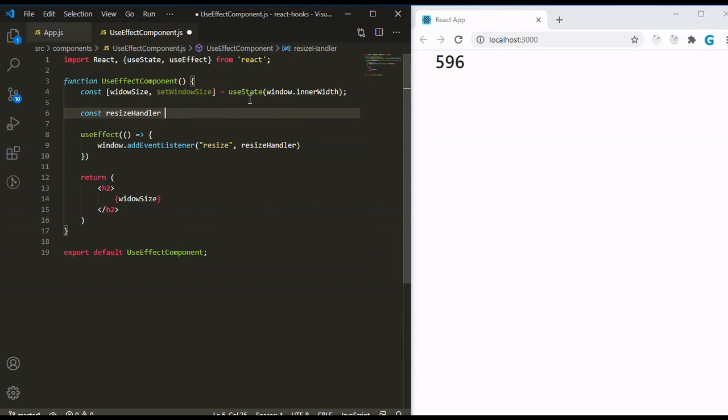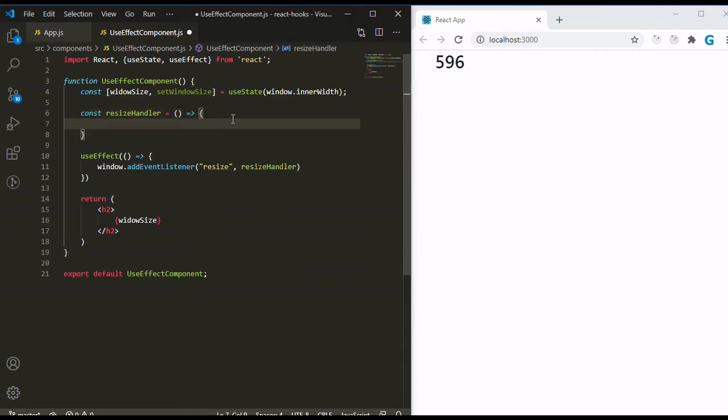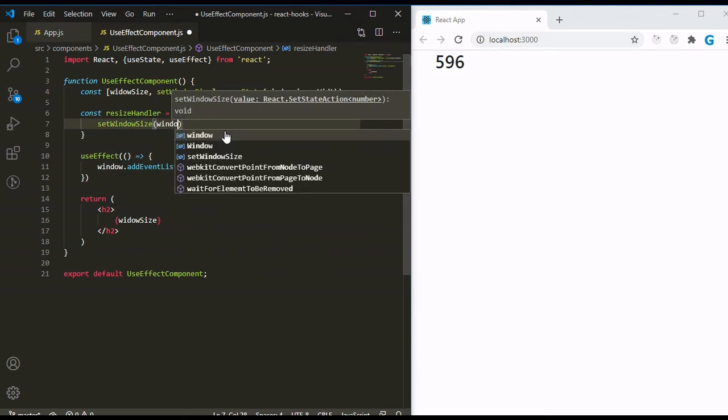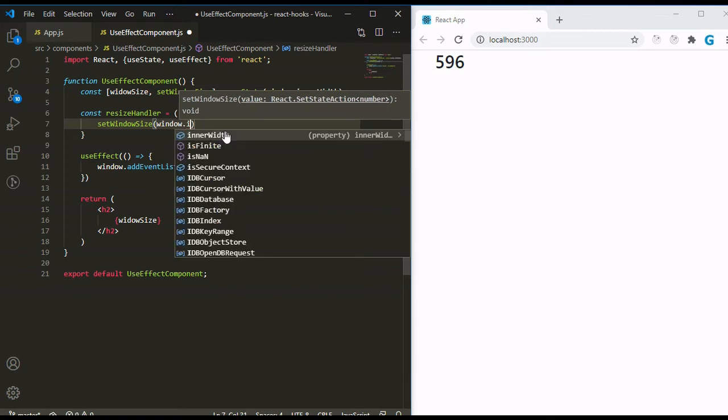The function name, and here we will use the set state function to update the windowSize state. And just pass window.innerWidth.